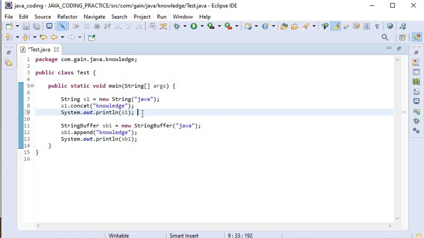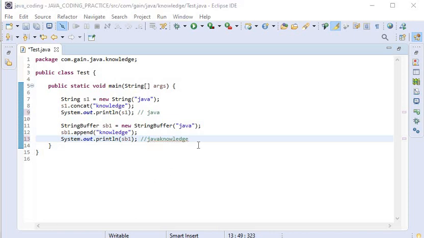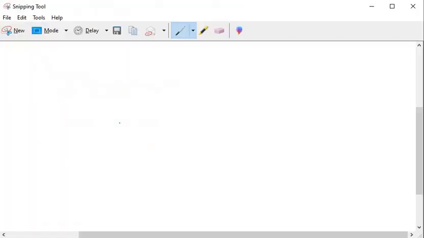So if we run this program, the output for the first will be Java, and the output for the second will be Java knowledge. Here there are two classes.